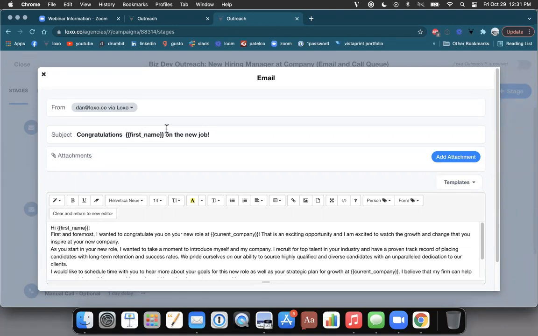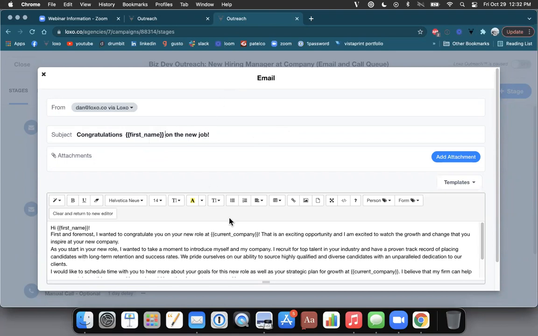Just copy and paste it into the subject line, and that will give a little kick to the open rate on this email as it goes out. But I think more generally, there's a lot of stuff online that you can read about strategies for crafting successful subject lines, mentioning the company name or the job name or the details about the job in the subject line. There's some things that you can do to, again, sort of engage them to open up this